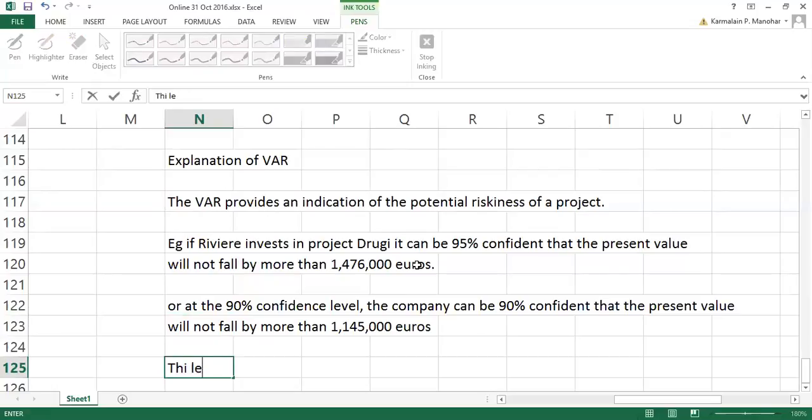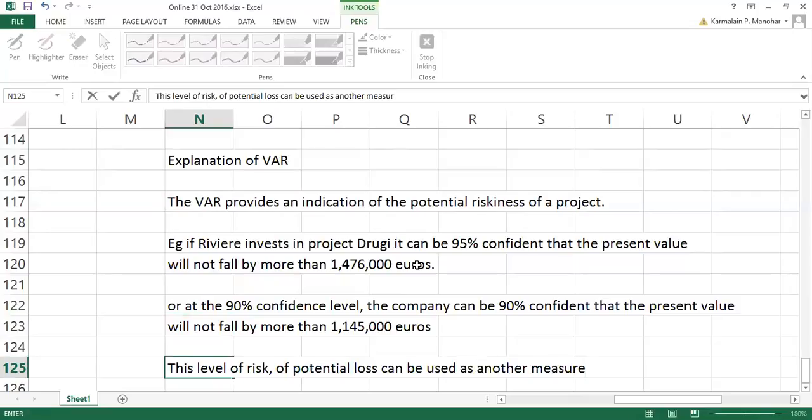This level of risk, potential loss, can be used as another measure when deciding between